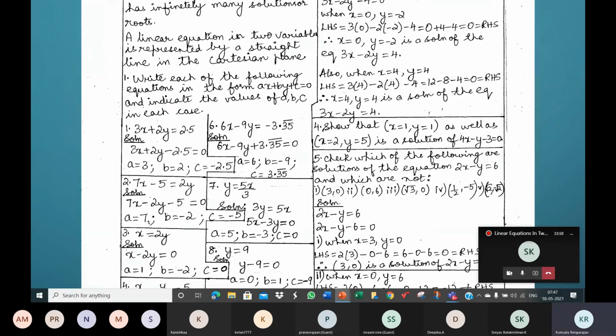Now, since that's a line, there are so many points on that line. The graph is a straight line. The graph of a linear equation in two variables X and Y is a straight line, and a straight line has infinitely many points on it. Every point on the straight line will satisfy the corresponding linear equation. Every point. So when you extend it, the line is not limited to the boundary of your graph paper. It's a line. It extends indefinitely on both the sides.